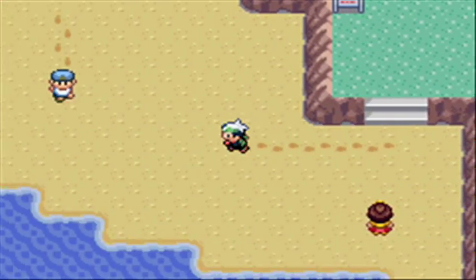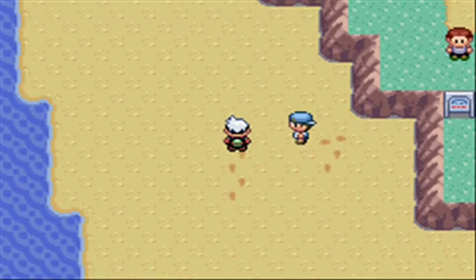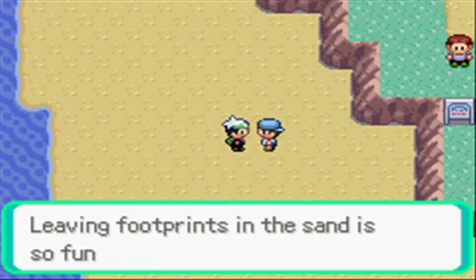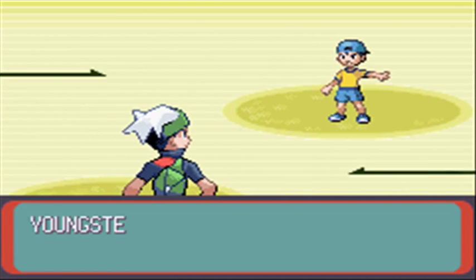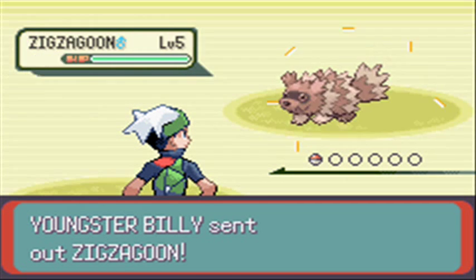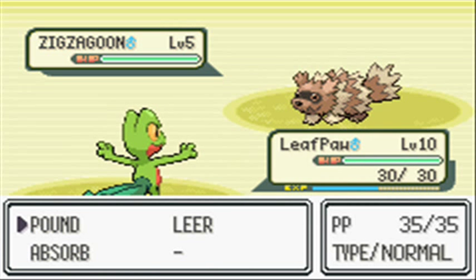In this episode, we're going to continue on with our quest after we just got out of Petalburg City, and we're going to go towards Petalburg Forest, where we will continue on through there and finally get to Rustboro City, where our first gym battle will occur. Not in this video, unfortunately. Next video, we'll face the gym, but in this video, let's defeat this trainer here,